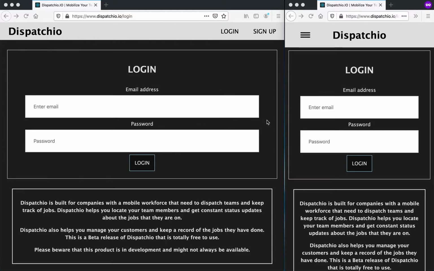The app has two separate views that we're going to get into. One is a manager and owner view, which is going to be on the left side of the screen here, and the other is an employee view, which is going to be on the right side of the screen right over here. So when you reach the website,